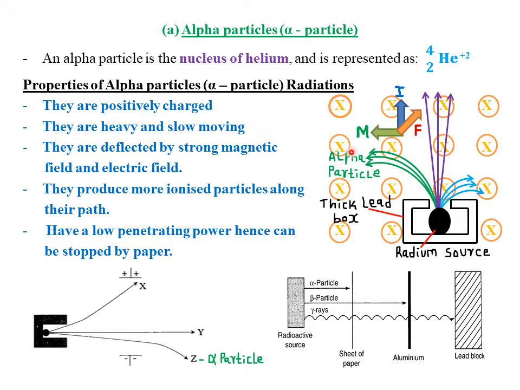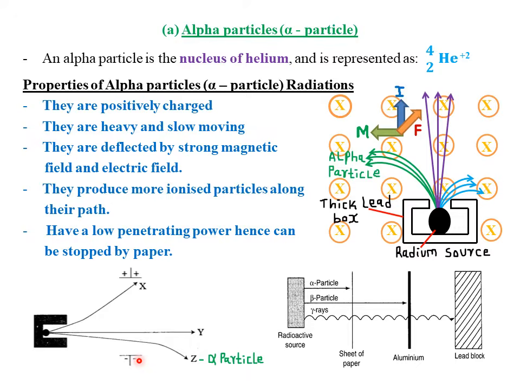So then we also look at the deflection within an electric field. So for the case of electric field, we simply consider this particular diagram here. Because alpha particles are positively charged, they will be deflected towards the negative terminal within an electric field. Remember, unlike charges will always attract each other. So due to the fact that alpha particle is positively charged, it will be attracted to the negative terminal of